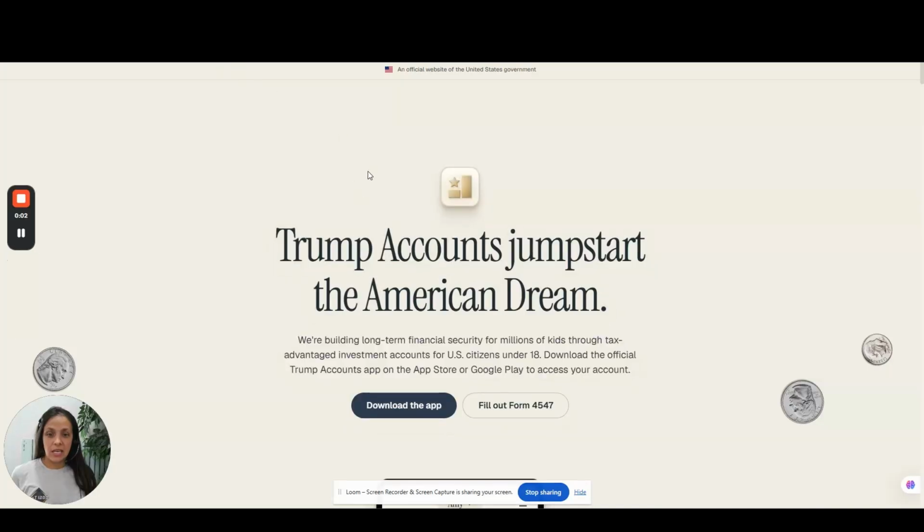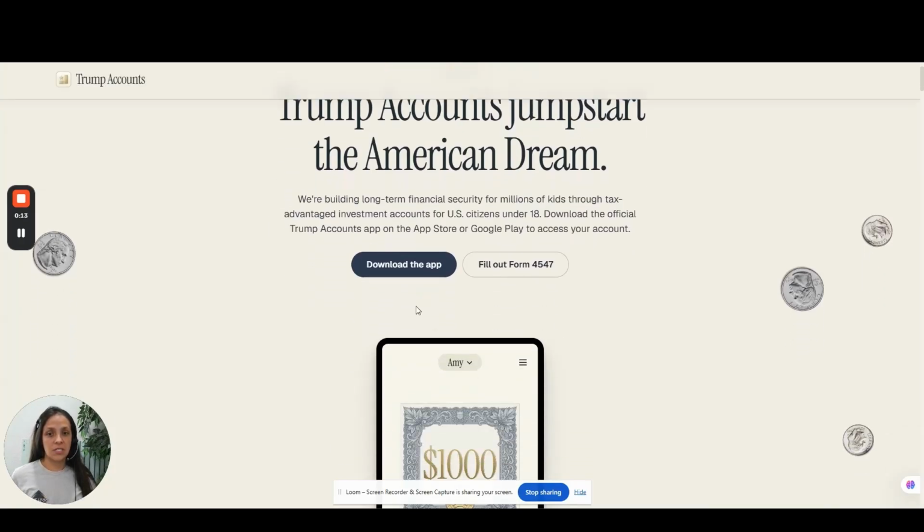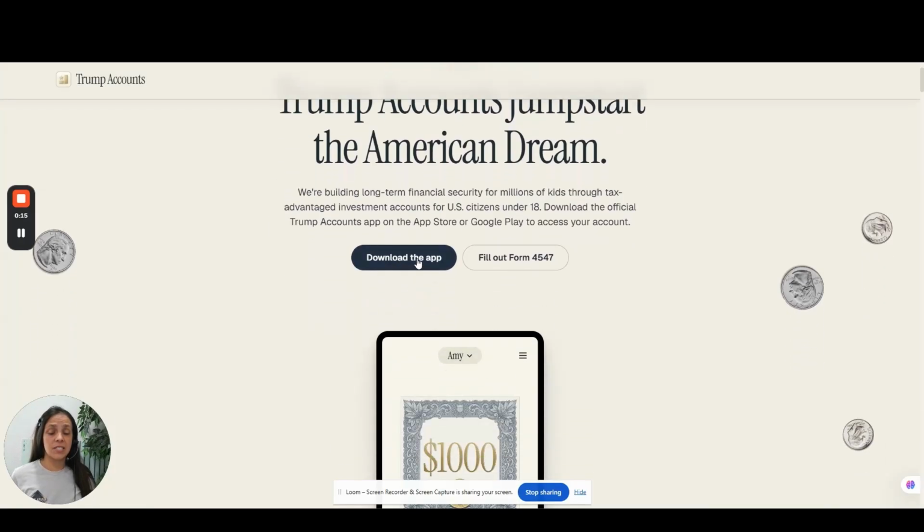All right, you guys, if you have not signed up for your Trump account, now is the time. So I'm going to walk you through this as I sign up on here. So first it says that you can download the app. So this is definitely something that you can do from your phone. Right here it says fill out form